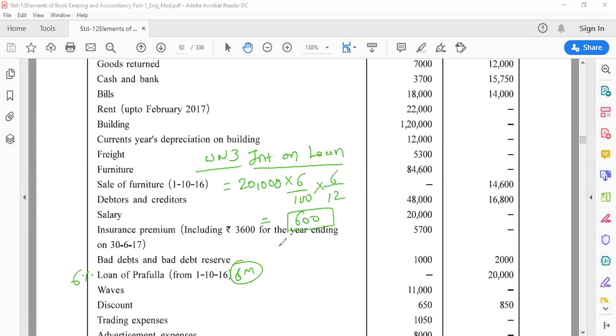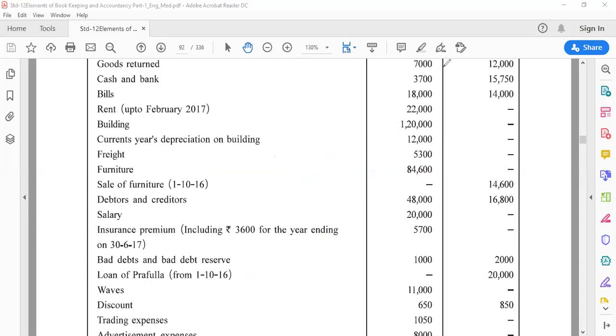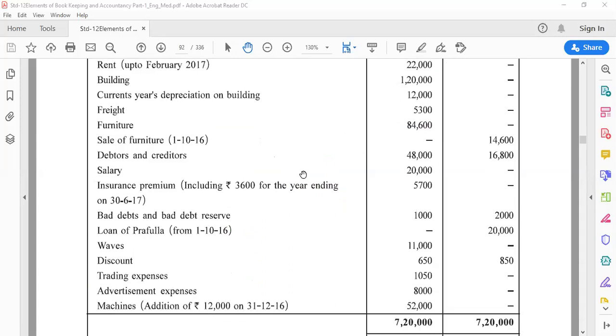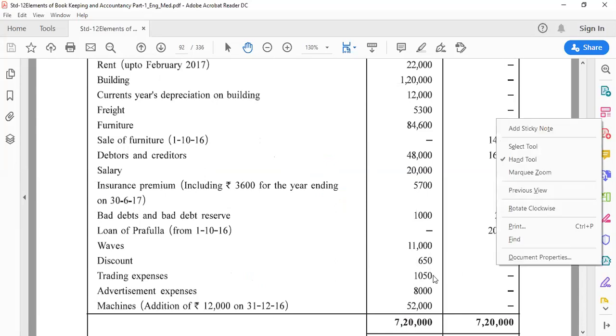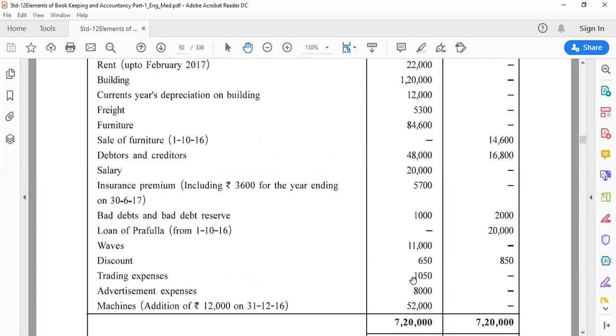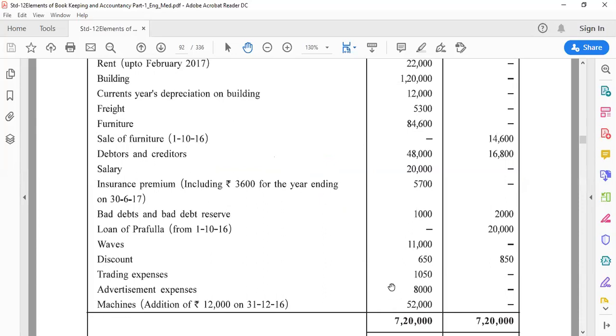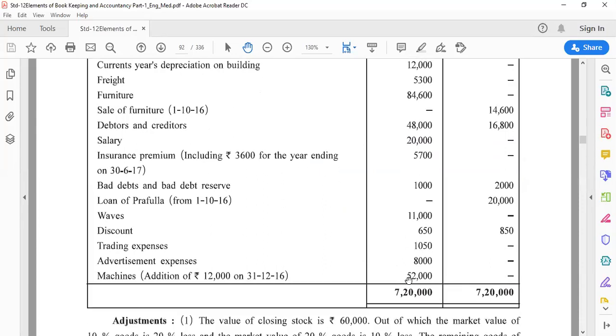So it would come 600 as outstanding interest on loan. Then after wages we have given, this is not waves, this is wages. Trading debit side, discount we have given, debit side discount allowed, and credit side we have discount received. Then trading expense, P&L debit side, advertisement expense, P&L debit side, and machine total 52,000 asset side, but one of